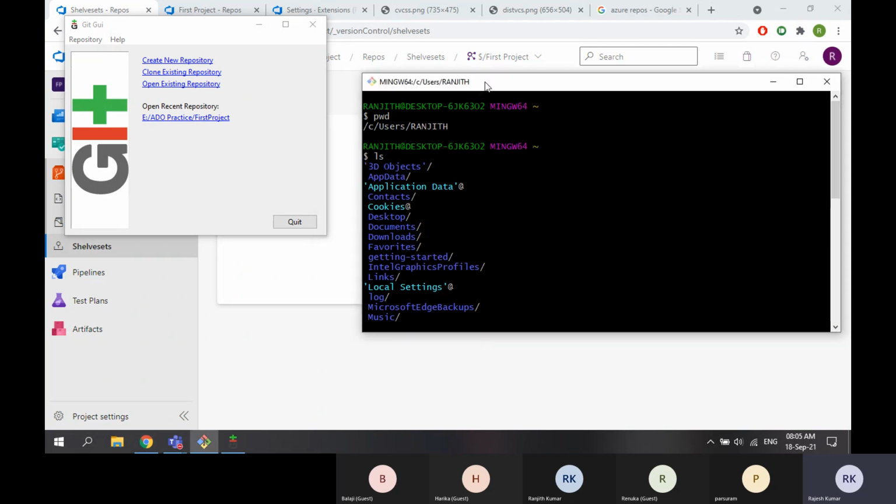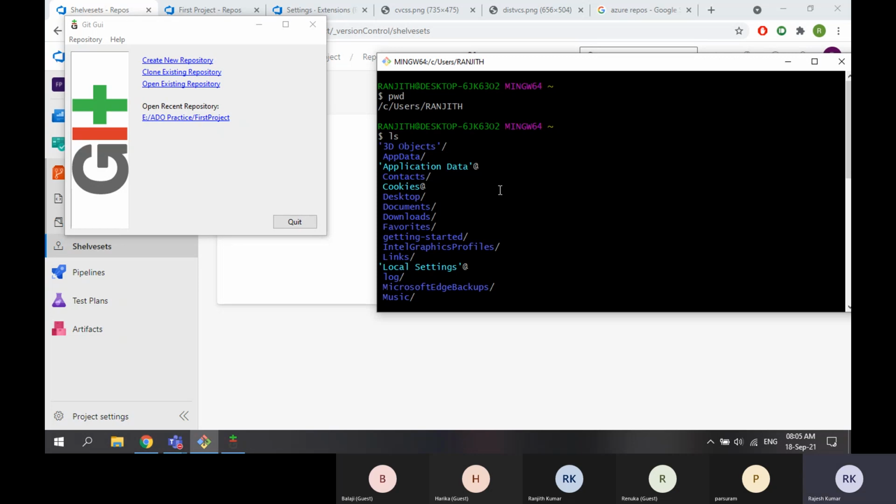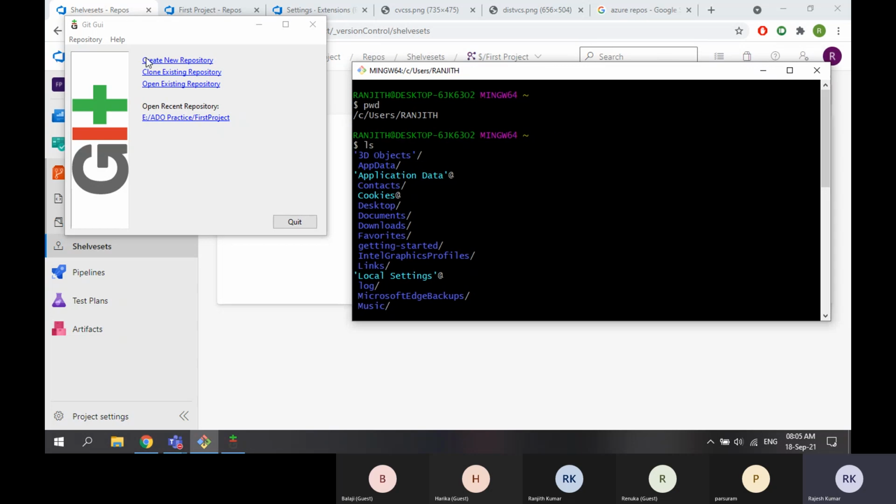It's always better to learn these commands. Very few organizations prefer GUI. If they don't want to go with the command window, they will go with Git GUI. But it is always better to go with Git commands only.